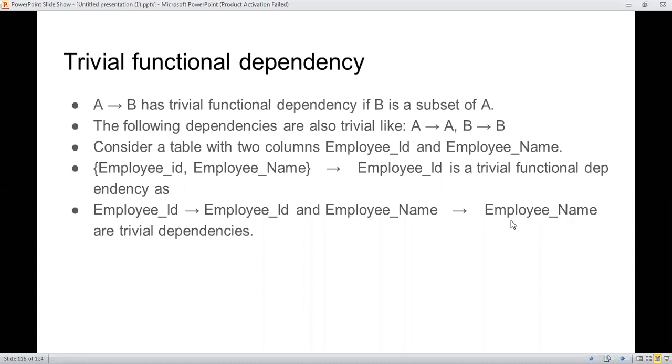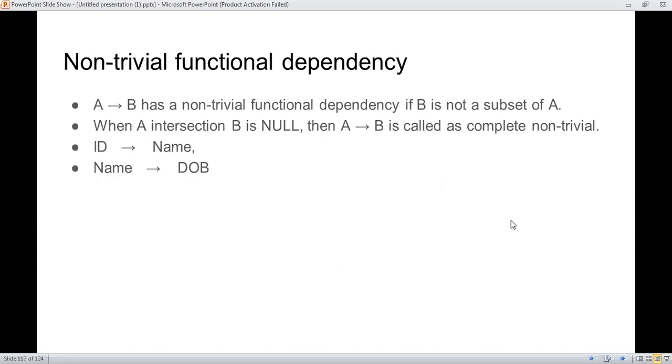And non-trivial functional dependency means what? If A implies B, then B is not a subset of A. For example, ID implies name, name implies date of birth.